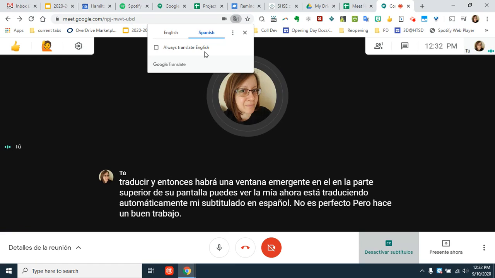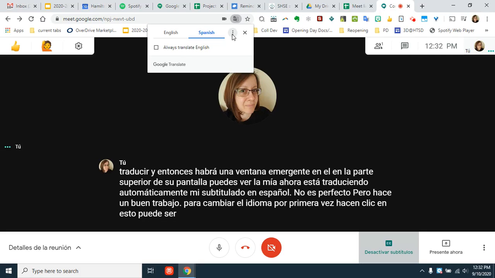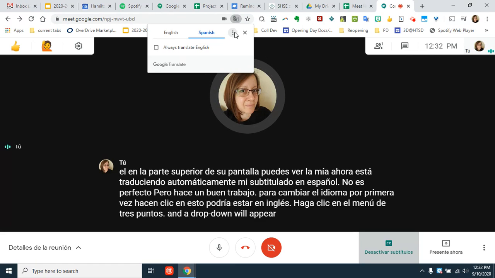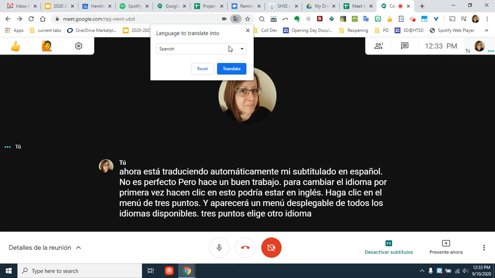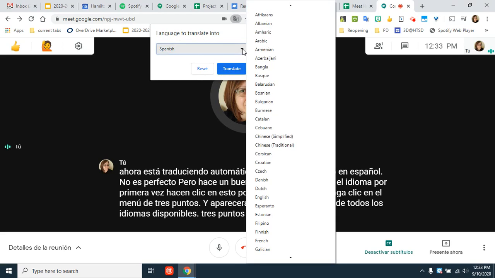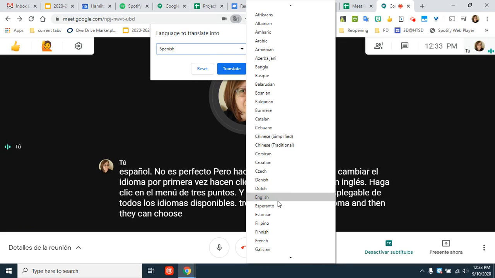To change the language, click the three-dot menu, and a drop-down will appear of all the languages that are available. Three dots, choose another language, and then they can choose their language from the drop-down menu. I will change mine to French